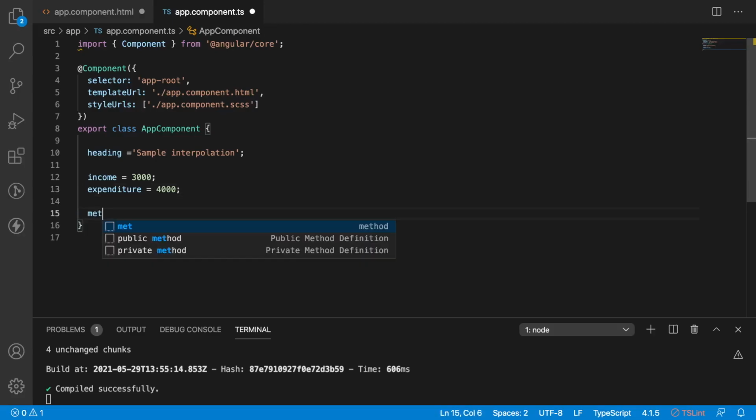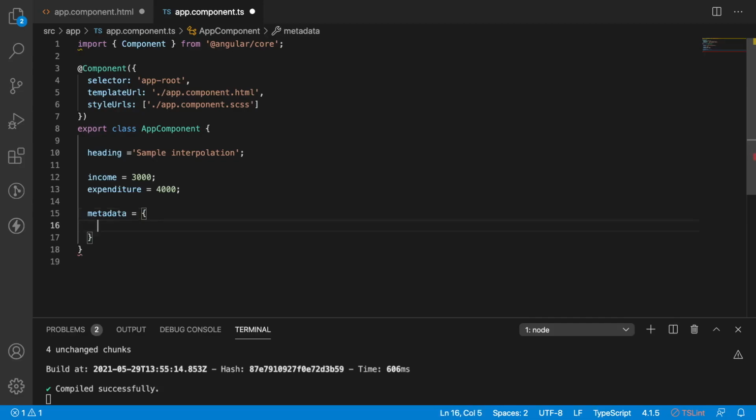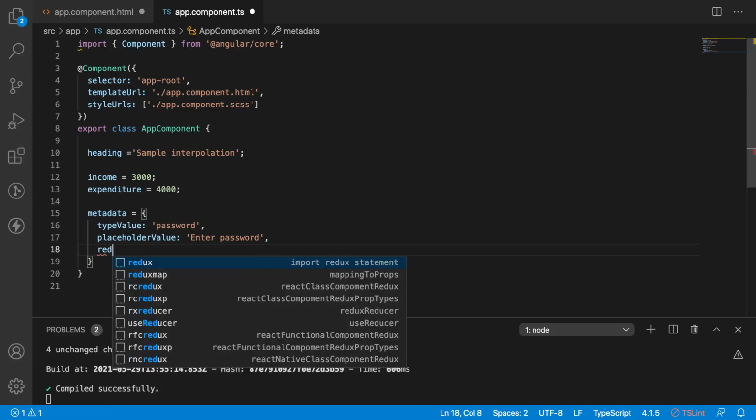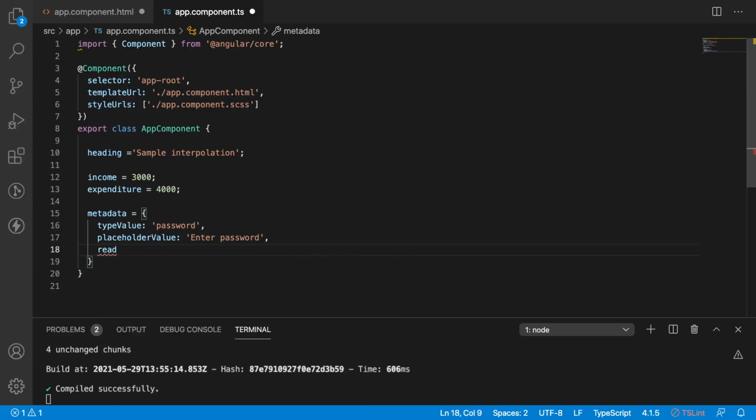Let me give some metadata, and inside the metadata, let me give type value equal to password, and let me give placeholder value as enter password, and also I want to give property called as read only value, which is like boolean value. Let me take it as false.